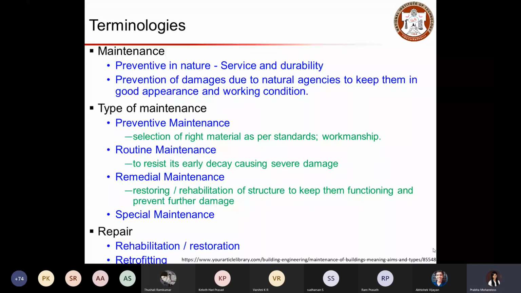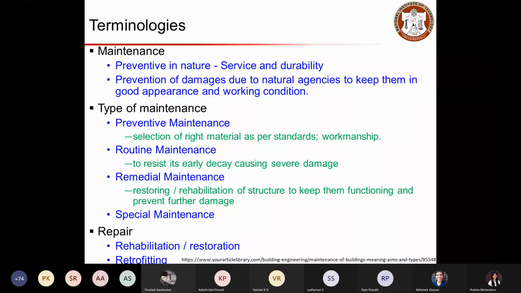It is the prevention of damage due to natural agencies, to keep them in good appearance and working condition. So we need to periodically check the condition of the structure to ensure its serviceability and durability, so that we can keep the structure as good as possible, both physically, that is looks-wise, as well as mechanically, to ensure its working condition.